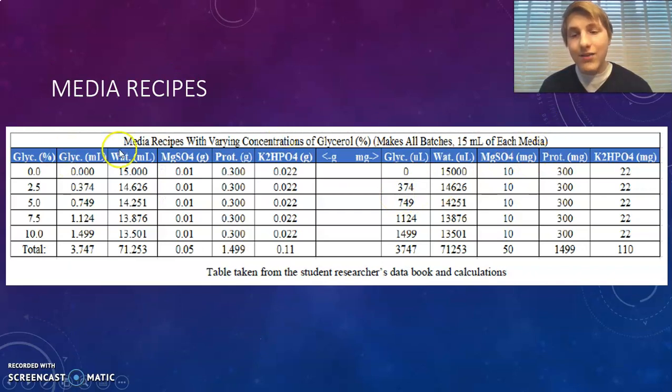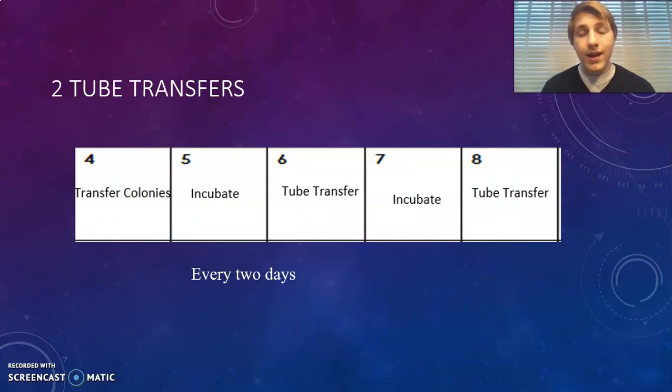As you can see here, I have a table of the media recipes that I had to develop myself in order to carry out this experiment. I had to fluctuate the amounts of glycerol and water in order to achieve the concentrations that I wanted, and I kept essential nutrients constant in order to ensure that only the change in glycerol is affecting how these bacteria are growing. And as I mentioned earlier, there were 2 tube transfers done, mainly to replenish the media as the bacteria consume it, and additionally to allow for the continuation of these generations of bacteria as they're growing and mutating